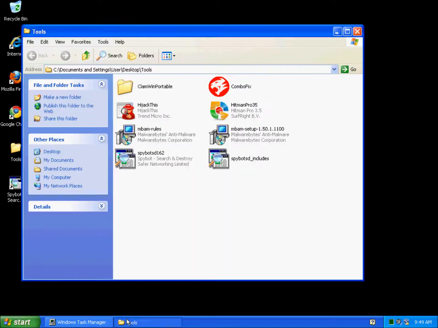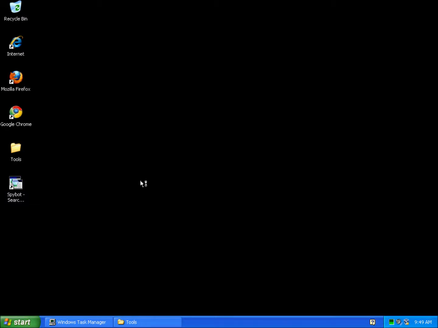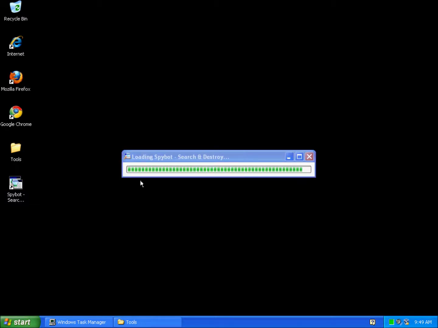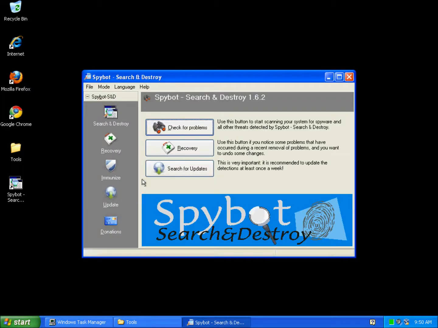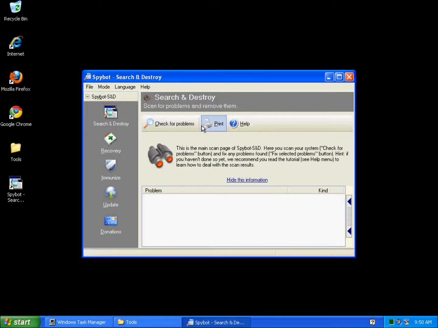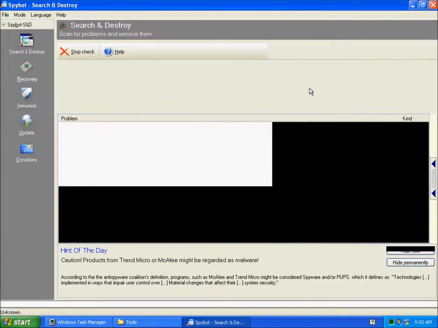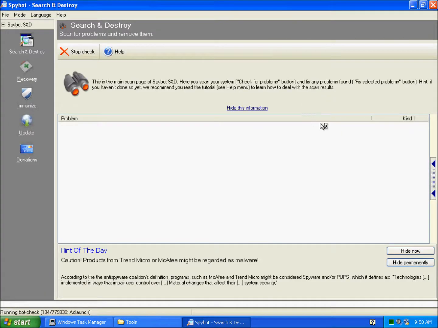And once we do that, going to go ahead and run Spybot Search and Destroy, and this time we're going to go ahead and just kick the scan straight off. And as soon as it comes back up, because these scans can take a while, then